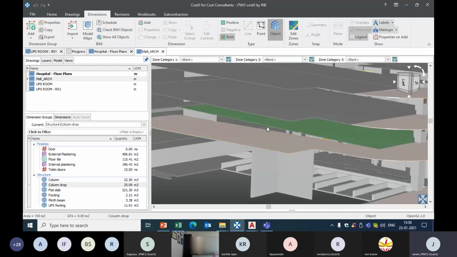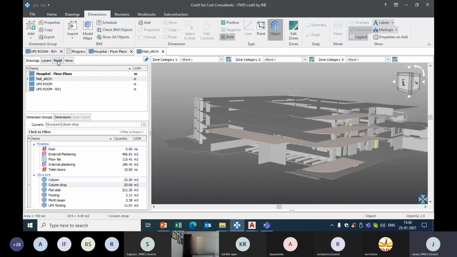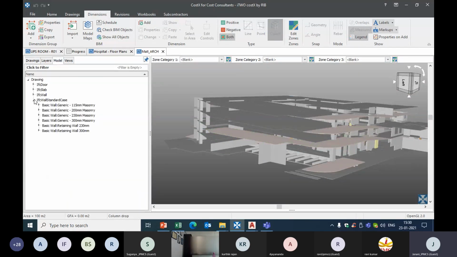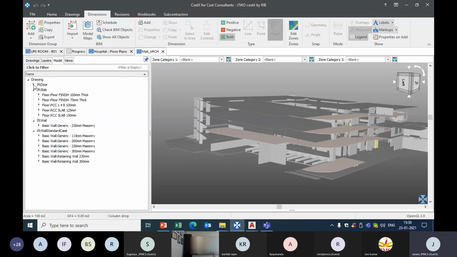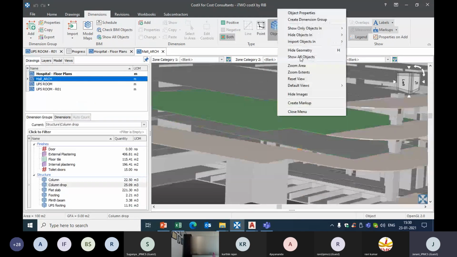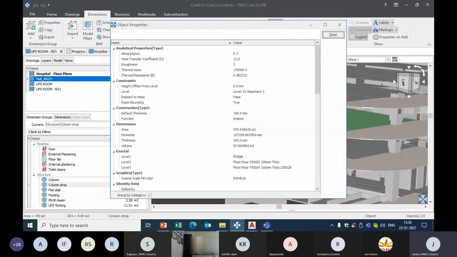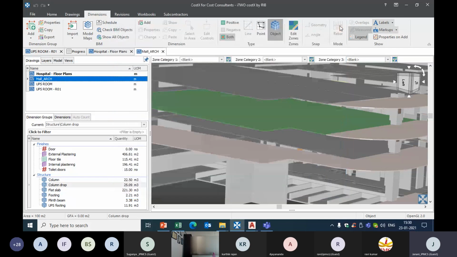So in addition to AutoCAD drawing, if in your project you're going to use a BIM model, you can clearly see what all the elements are inside your BIM model. You can see the properties of those elements just by selecting the object properties. You can see where the element is located, the thickness of the element, area, perimeter. This level of detail actually increases with your LOD. So if you are using an LOD 300 model, you will have more details in your model.